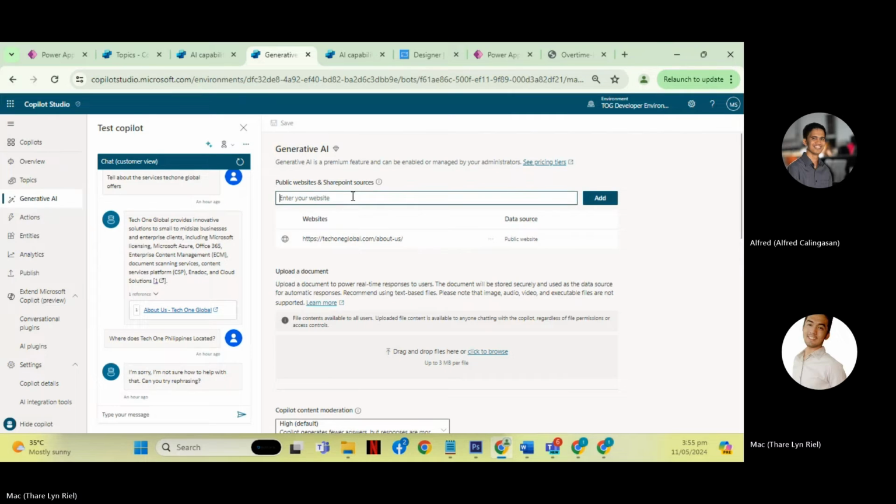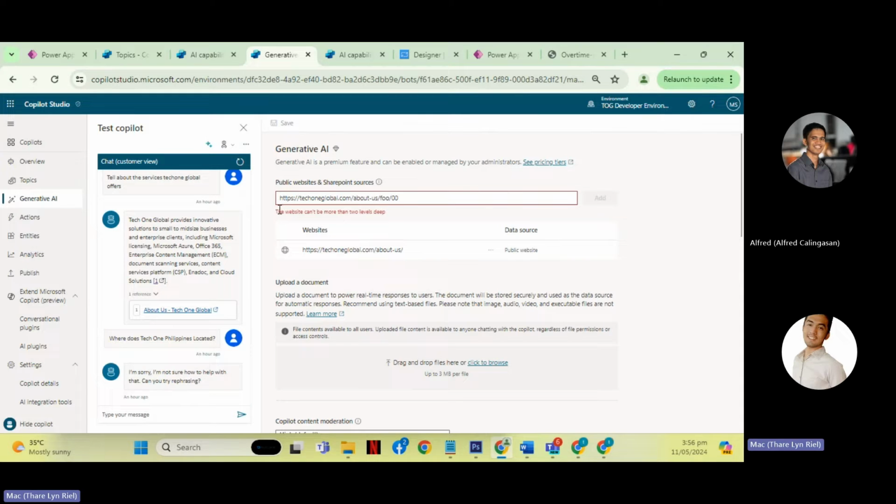By the way, the website is also limited to two sub-sites. So for example, let's copy this, then add another sub-site, and then add another one.